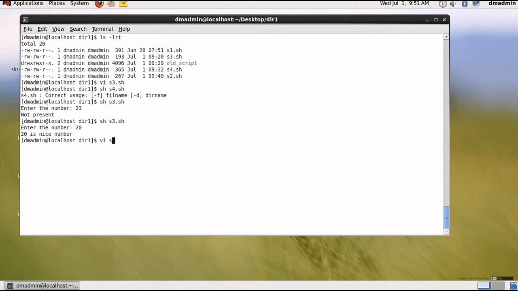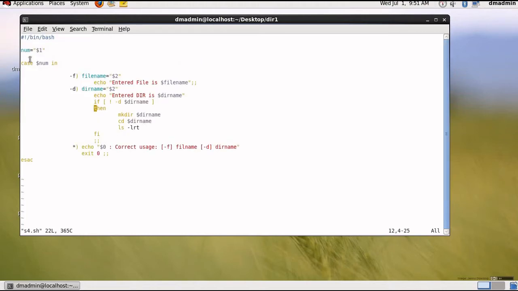Let us see another program based on this one that will give you more understanding of case statement. In this case, we know Linux positional parameters in shell. $0 is for the name of program itself, $1 is for the first parameter passed, and $2 is for the second parameter passed.